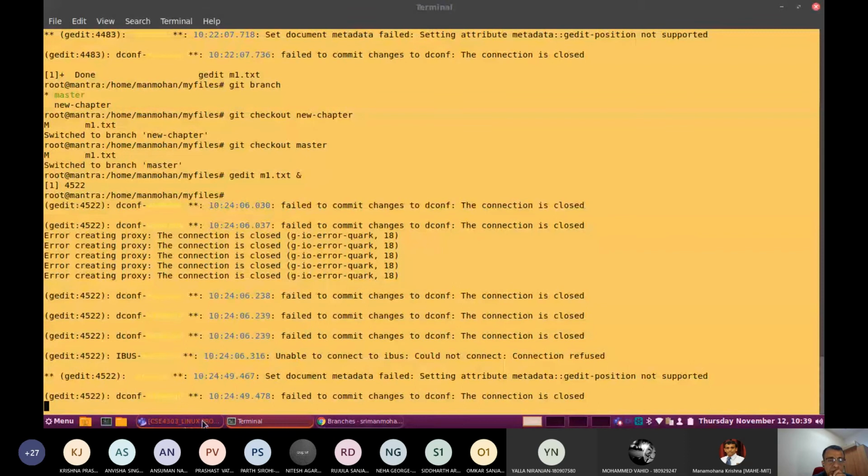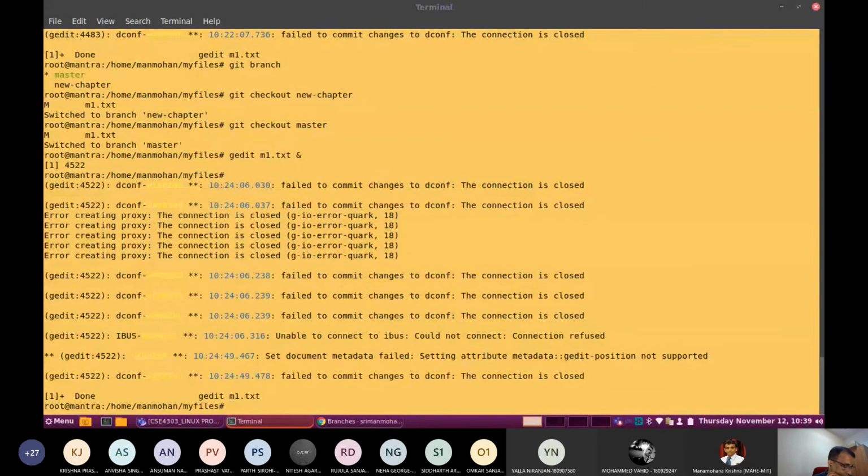Now coming back to the desktop repositories, there is inspection and comparison of Git. Whenever you make multiple changes to the Git repository files, how do you find out what is happening?